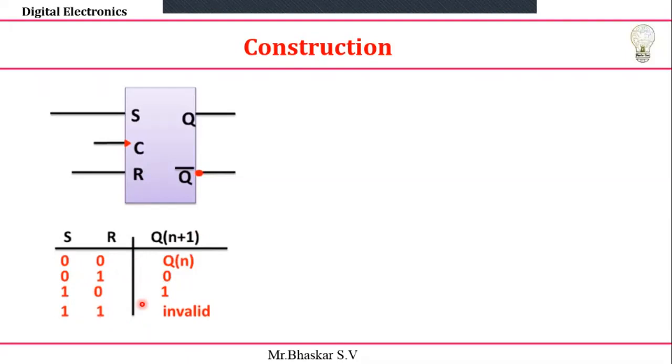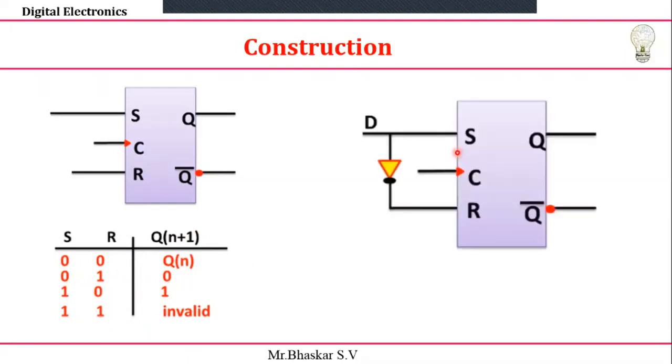So what I can see is that D and S are almost the same value, and I need to get the same output. Here I can directly connect my D value to S. And for the R value, you can see that if D is 0 here, R is the complement, which is 1. So I can get the complemented value here. Then if D is 0, S is 0 and R, the complement, is 1. For 0, 1, this value only is passed to the output. Suppose the S value is 1 and the complement value is 0. For 1, 0, then 1 only is passed to the output.